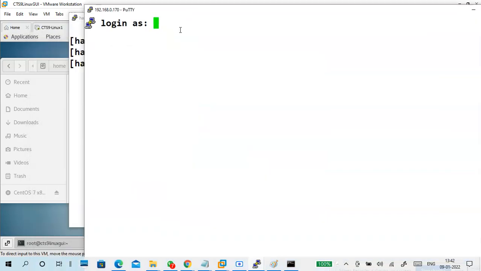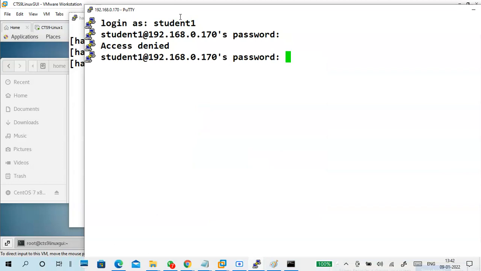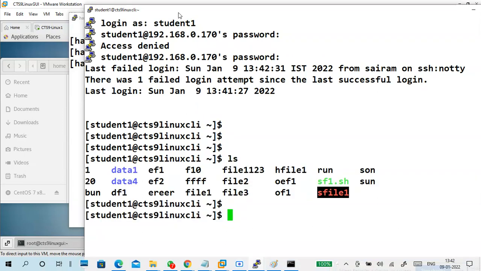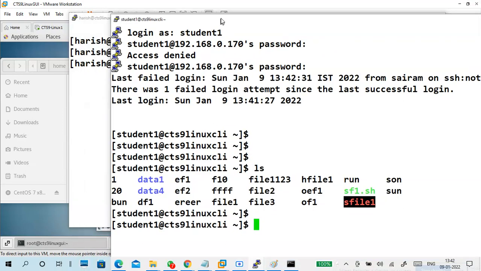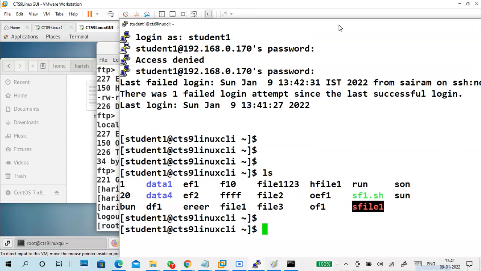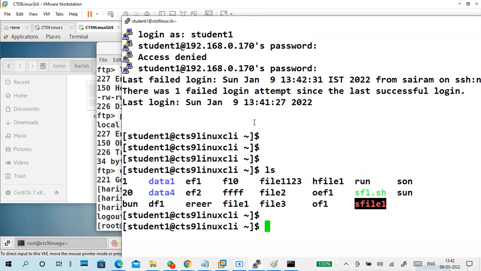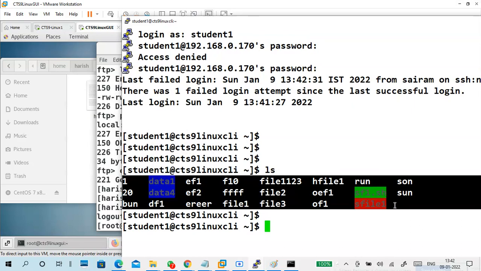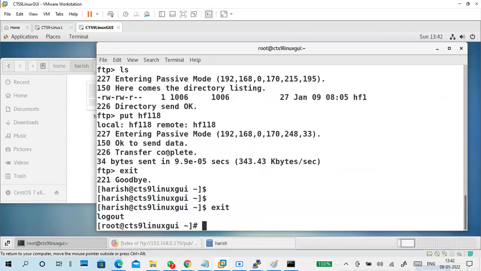So in my 170, I'm logging in with student one. First, a compulsory login before you do anything. ls. In my 170, I log in as student one. So minimize this one. This is student one. These are the files in student one. Remember. Now, what I'm going to do is